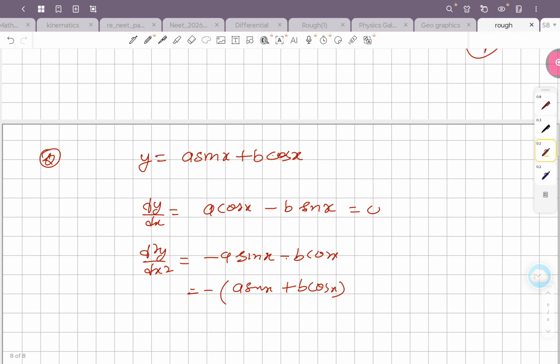Again we put the first derivative equal to 0, so a cos x equal to b sin x,